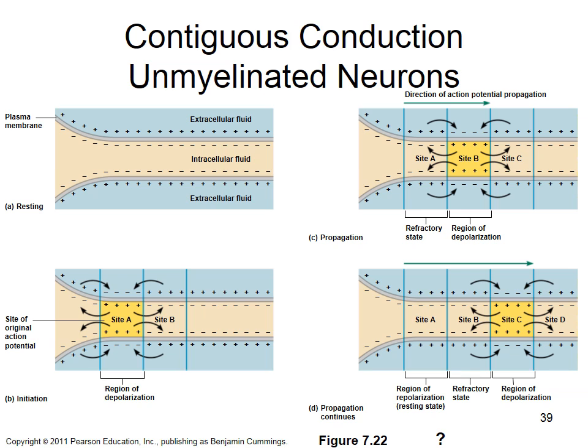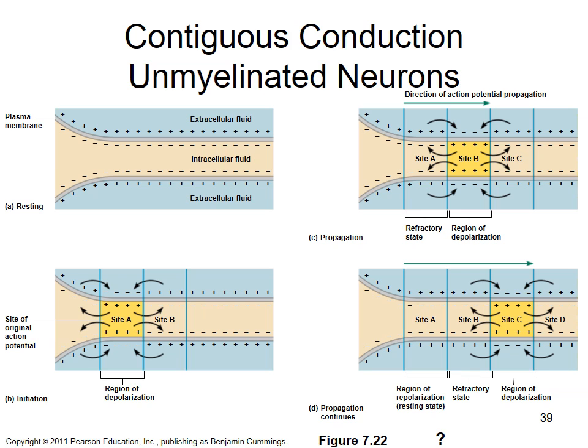So let's go up here to panel C. Okay, in panel C, site B is now firing an action potential. Its voltage-gated sodium channels are open. Sodium rushes in. Some of it moves upstream to site A. Some of it moves downstream to site C. Now, why does site A not fire an action potential? It's in a refractory period. Okay, those inactivation gates are shut on the sodium channels. It can't fire an action potential.